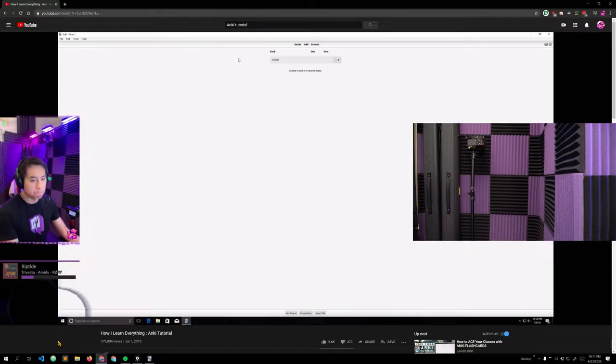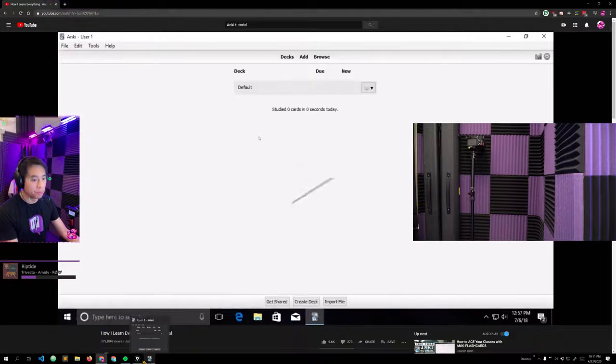So, for example, I learned Japanese. I learned 2,000 characters in just over 2 months. Holy crap. And I went and lowered my resolution so you can be able to see this a little bit